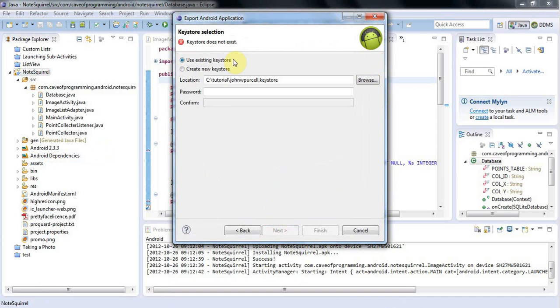Now you need to create a key store if you haven't already got one, and a key store is a file that stores your digital certificate, and you can reuse this certificate for multiple applications if you want to. The important thing is just don't lose it, because if you lose it you won't be able to upgrade your application. So here I'm going to go to Create New Key Store, and I'll select a location for it by